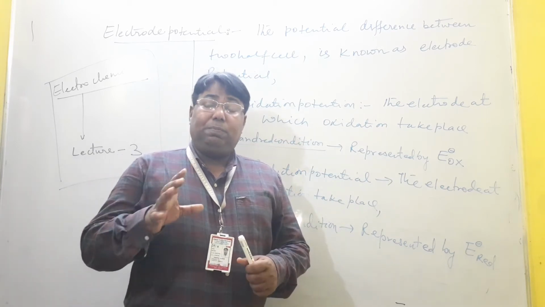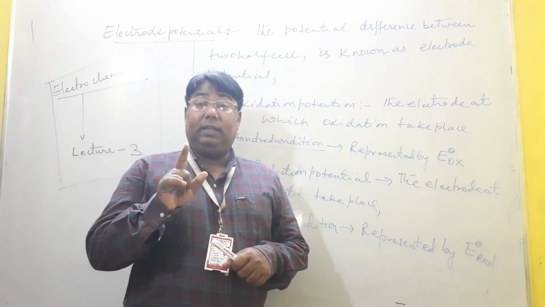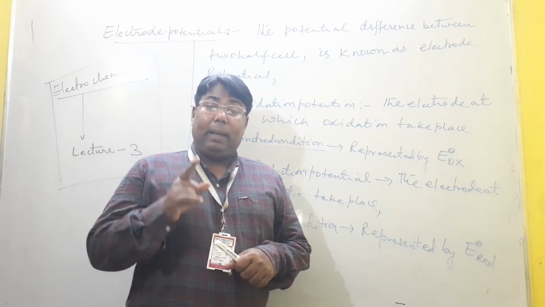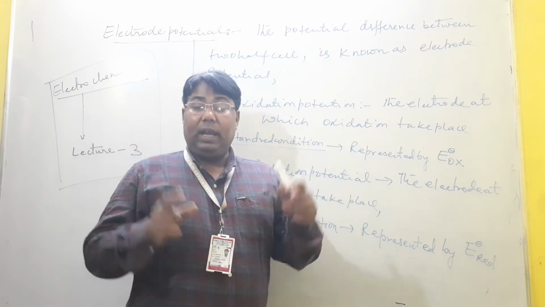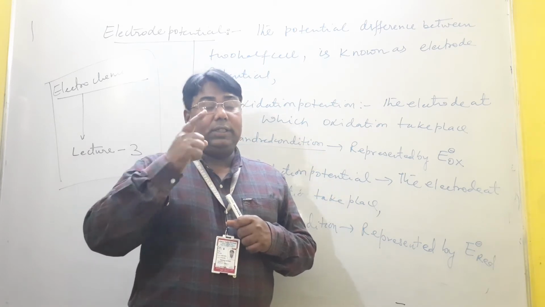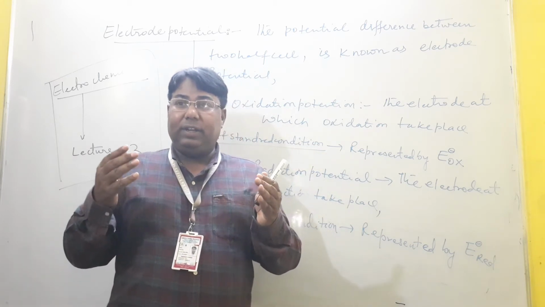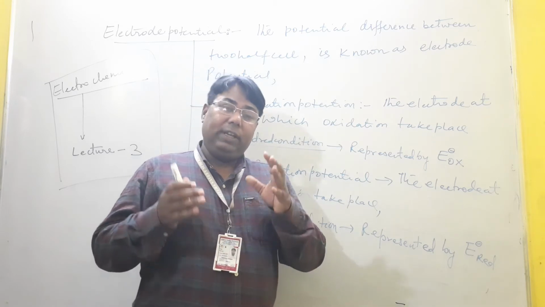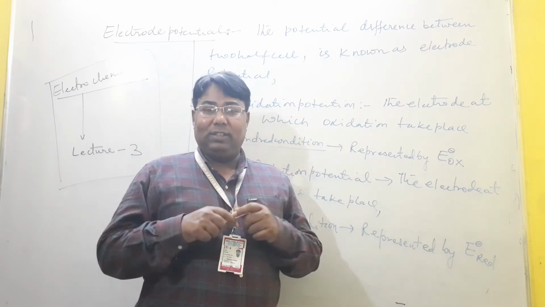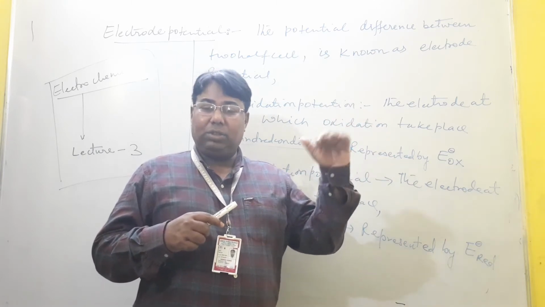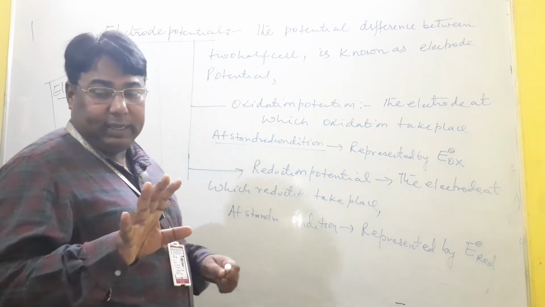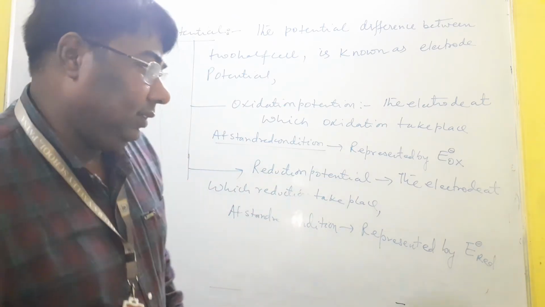And when these potentials are measured under standard conditions, what are the standard conditions? Temperature will be 298 Kelvin and concentration will be 1 M or unity. Then in this case it is said to be standard conditions. And when we measure potentials in standard conditions, it is said to be standard potential. So standard oxidation potential and standard reduction potential. All of you understand? Next thing,